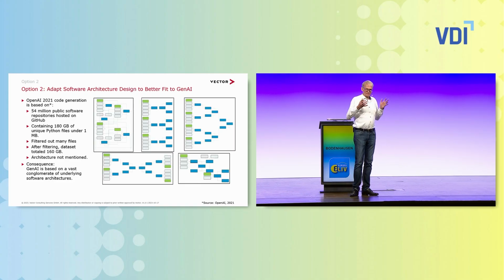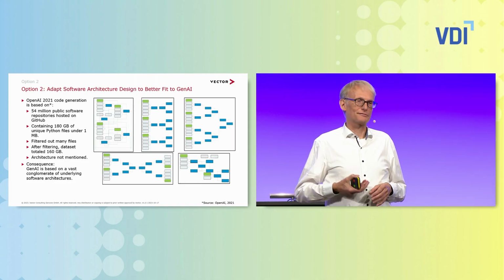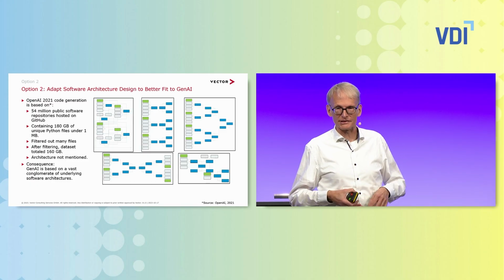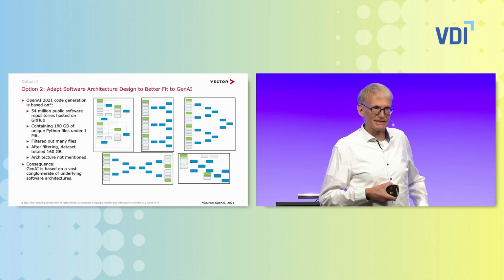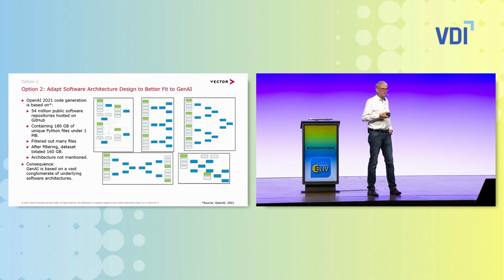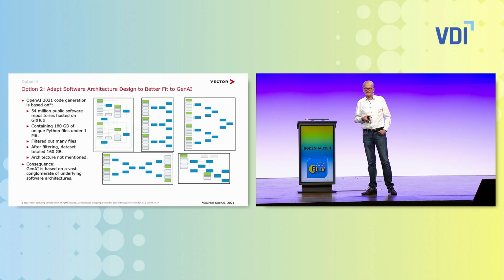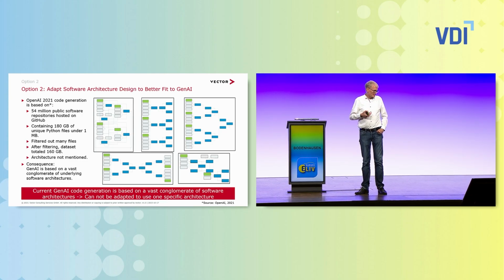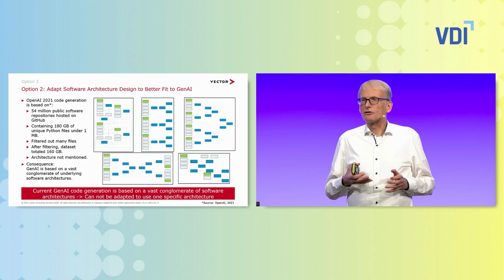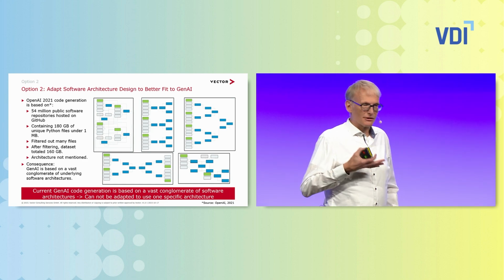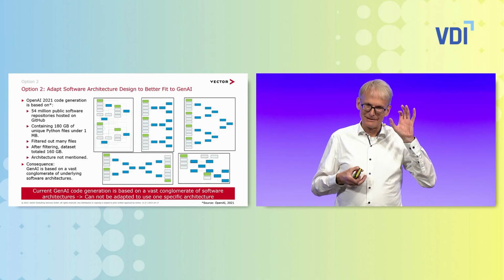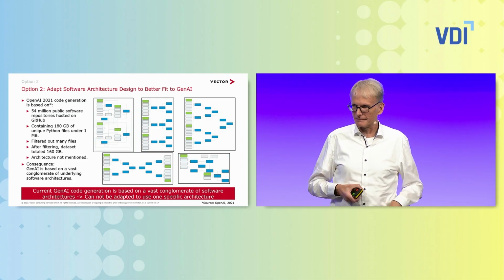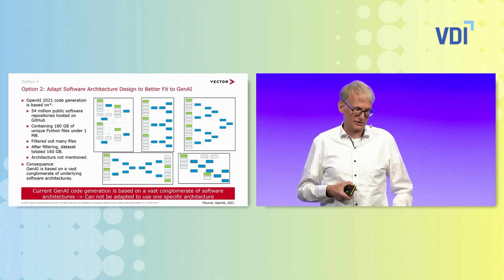And you can imagine the underlying software architectures are diverse. It's a whole conglomerate of software architectures that you find by accident in these public directories. So we don't know what the underlying software architecture is. We just know it's a variety. My conclusion is that it's based on this vast conglomerate of architectures, and it does not listen if you say, I want this architecture or I want the other architecture. It's just taking something out of it. It's not really understanding what the software architecture is.